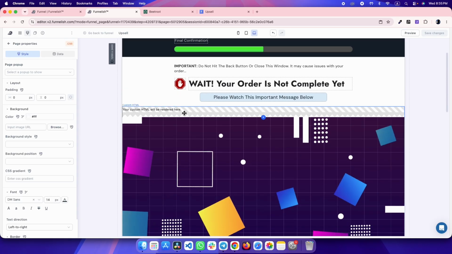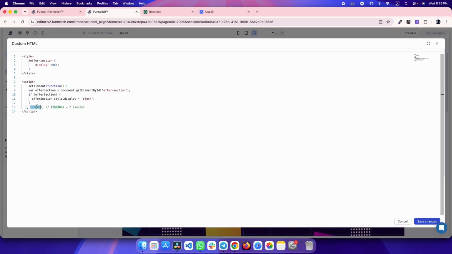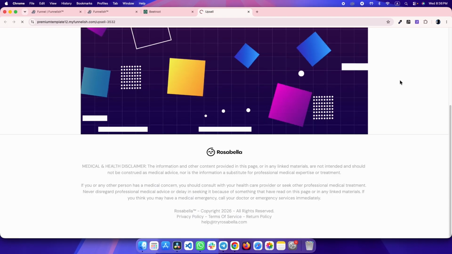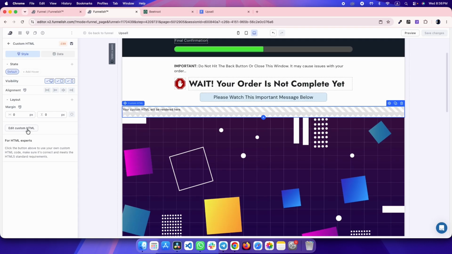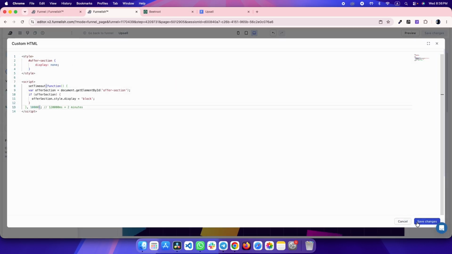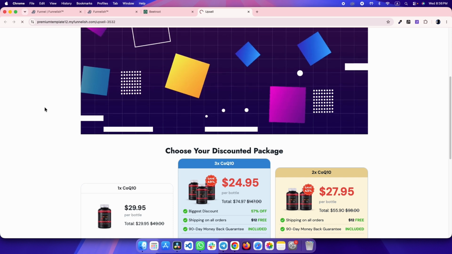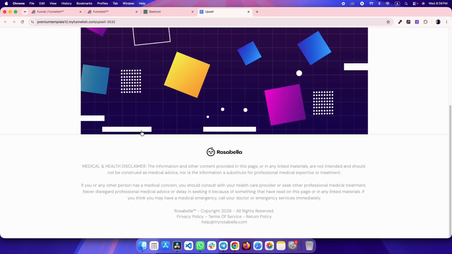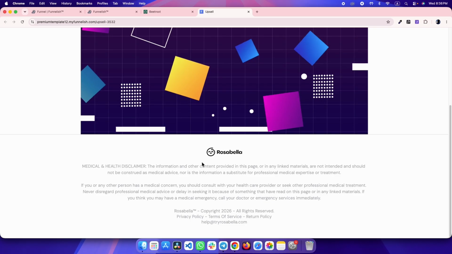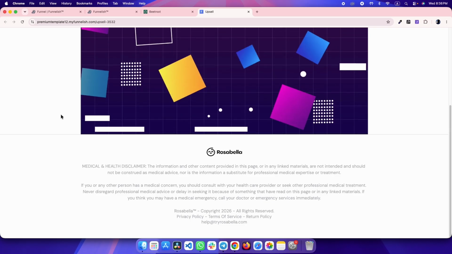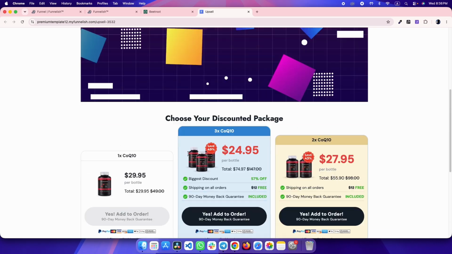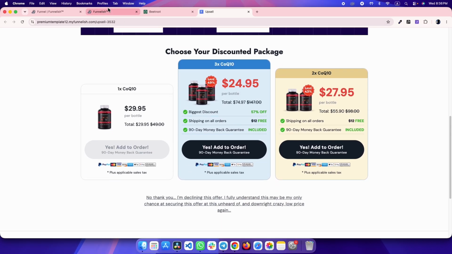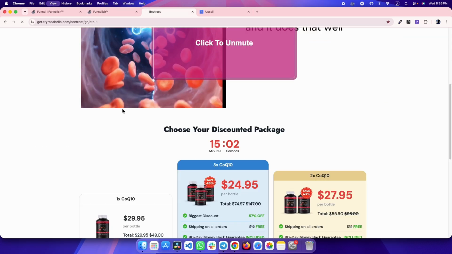So let's change the visible time. It is 2 minutes, so let's make it 1 second. And if we make it 10 seconds, it will be better to understand. So if we refresh the page after 10 seconds of page load, the offer section will appear. So yeah, now you can see the offer section has appeared. So this is perfect, and let's refresh this page